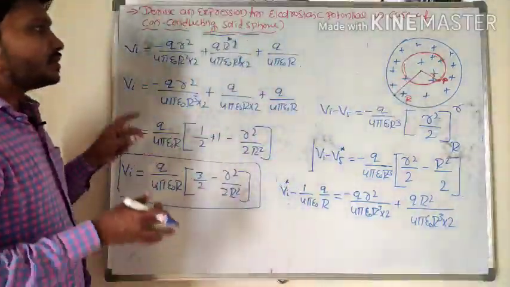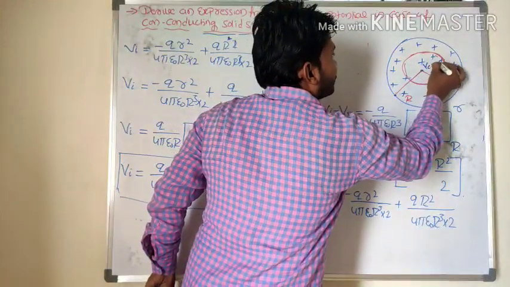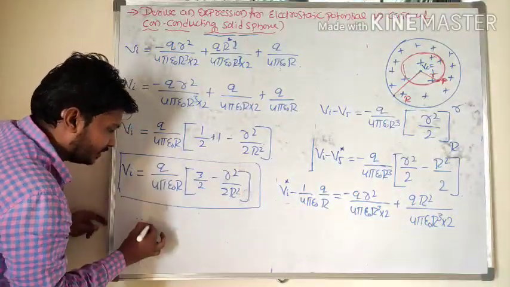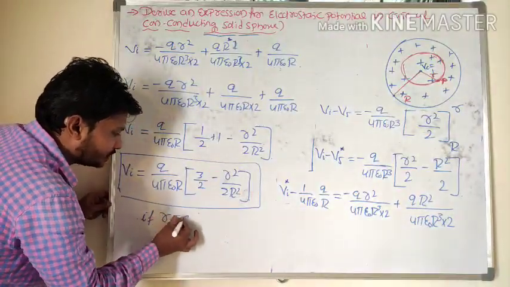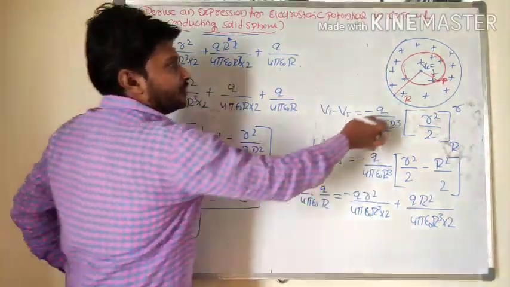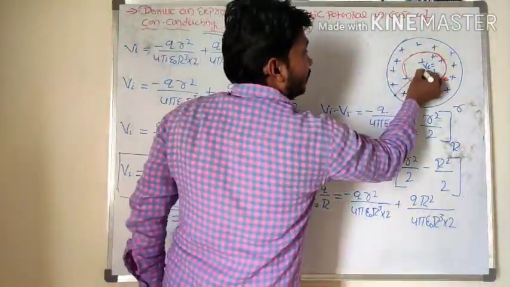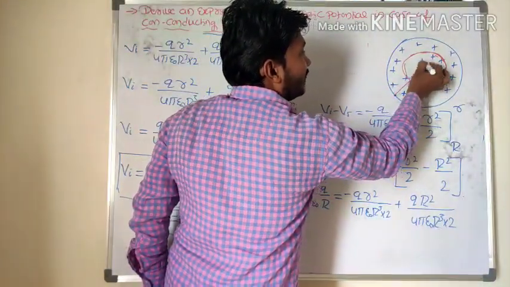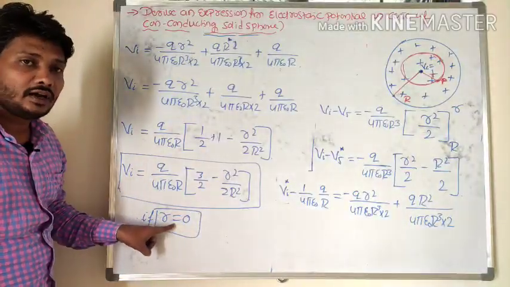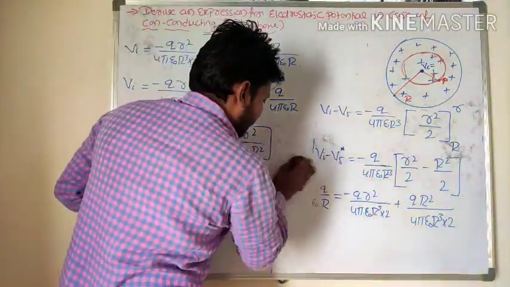Suppose, what about the equation for potential at the center? V of c I will consider here. V of c means what about the smaller value here? If r is equal to 0, potential is at the center here. So this is potential inside the solid sphere. Now my interest is to calculate the potential inside the solid sphere. Potential inside the solid sphere means the smaller value is 0 here. If the smaller value is 0, shall I rewrite this equation?